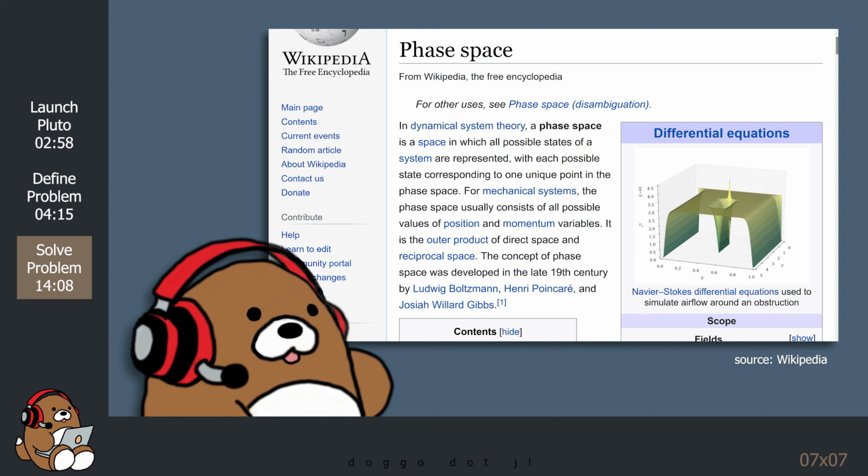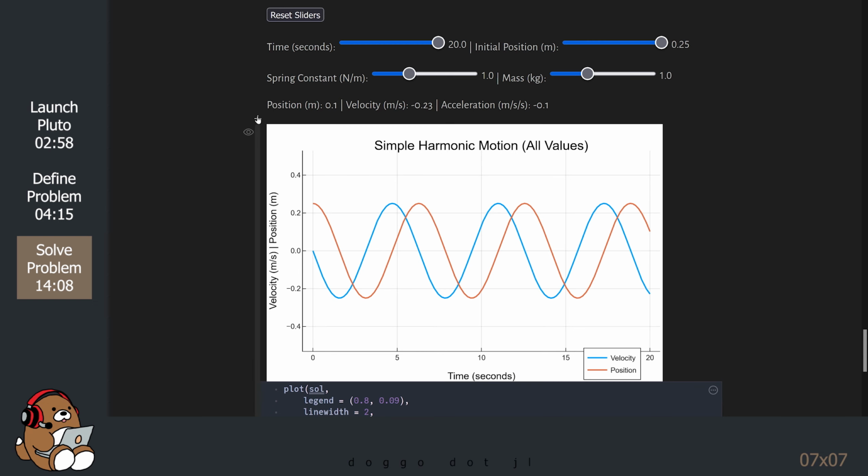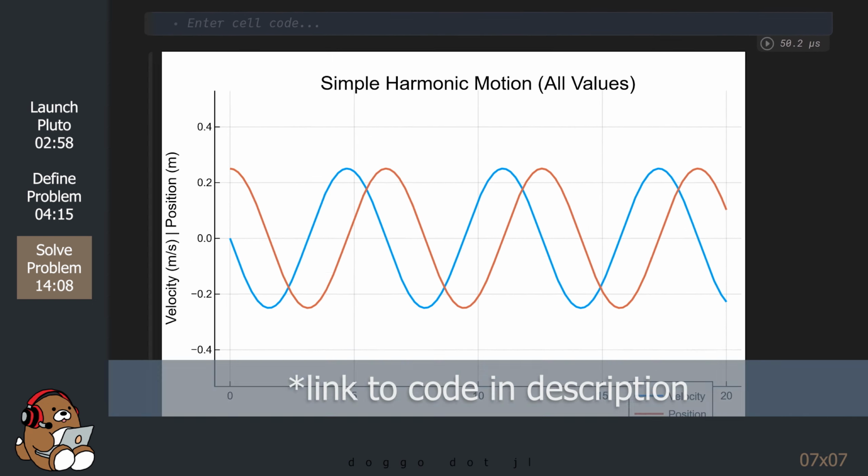Unquote. In other words, we need a plot showing position along the x-axis and velocity along the y-axis for any time t. So that shouldn't be a problem. Let's reset our sliders and add the code for this plot.